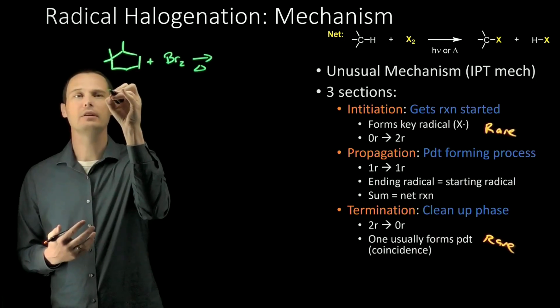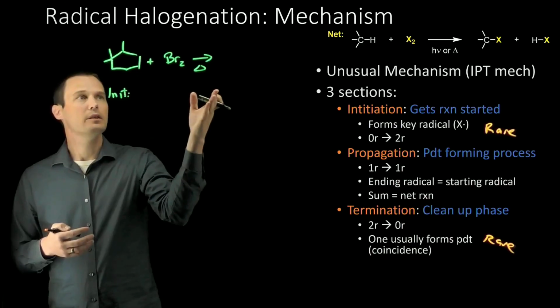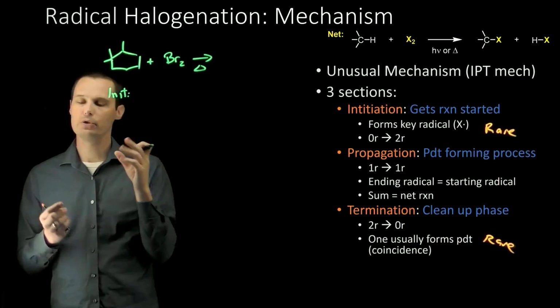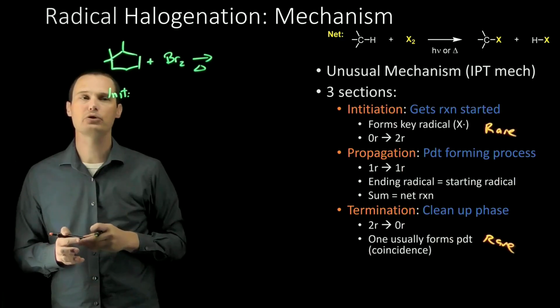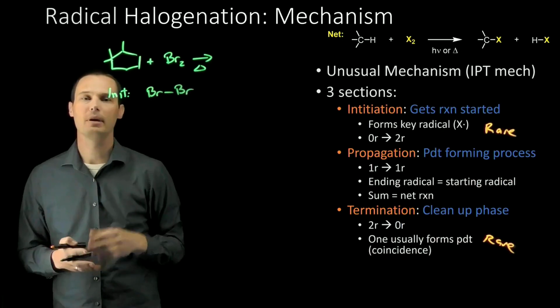We'll start with the initiation. The initiation is where we go from 0 radicals to 2 radicals. The initiation will target the weakest bond in all of the reagents. The weakest bond is usually a bond between 2 heteroatoms. Carbon-carbon bonds, carbon-hydrogen bonds are very strong, but bonds between 2 heteroatoms tend to be very weak, something like the